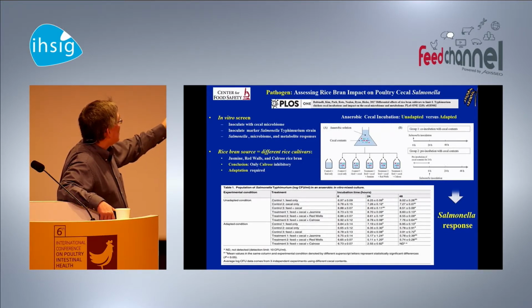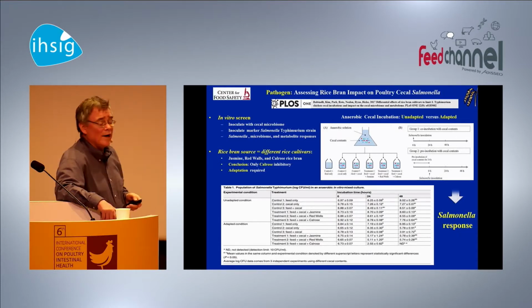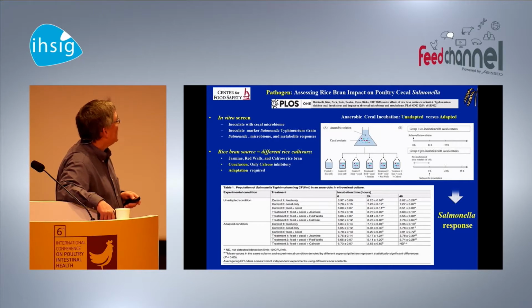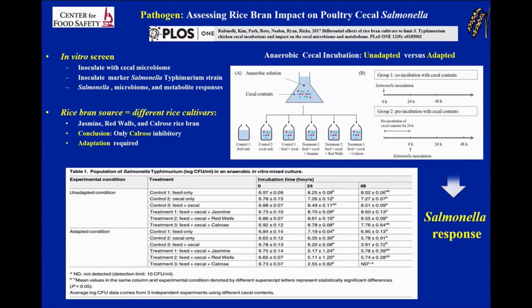We inoculated a marker strain, and most of the time we look at Salmonella typhimurium, but we've also looked at Enteritidis. We're looking at other serovars now as well. Most of them tend to behave pretty much the same way in this system, so that's not been a concern. And then off of that, we can pull off salmonella numbers, we can characterize the microbiome, and then we can also do metabolite responses as well, fermentation patterns, et cetera, to try to put those pieces together in terms of